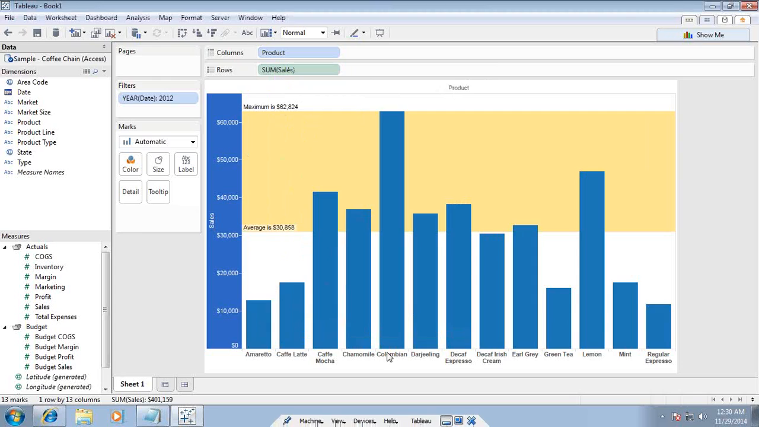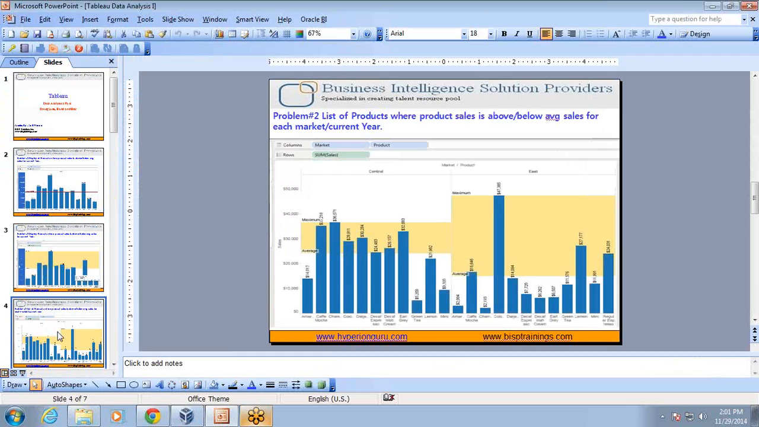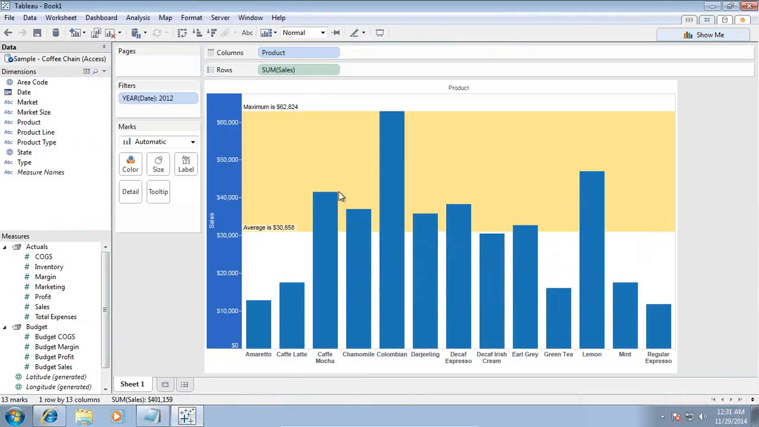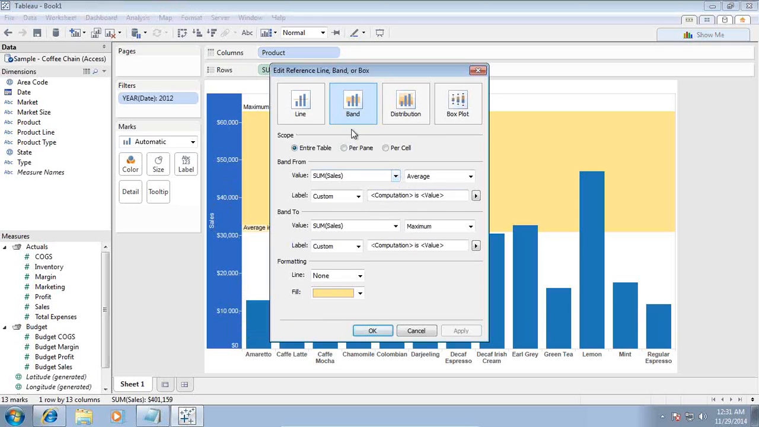Let's extend the same example, and in the next requirement we would like to display all those products where the sales is between 60 to 80 percent of average sales. So I can add another line or box. I'm going to edit the same reference line or box, and rather than using band, this time I use distribution,